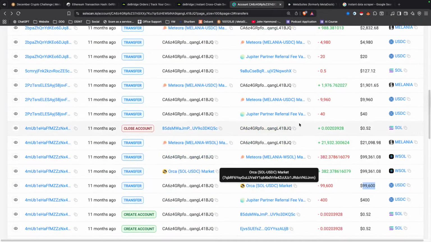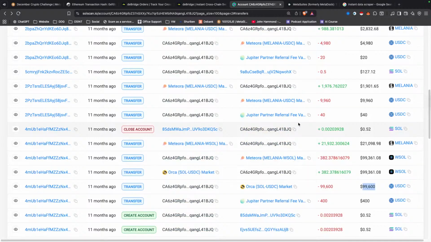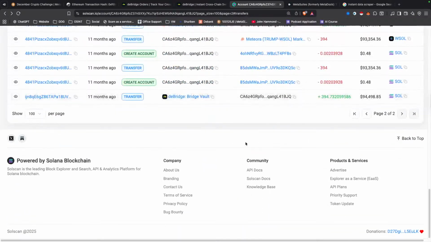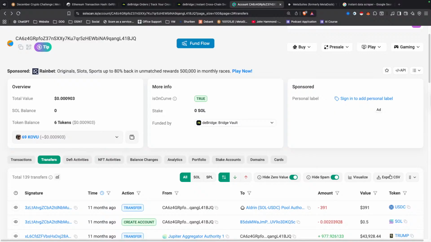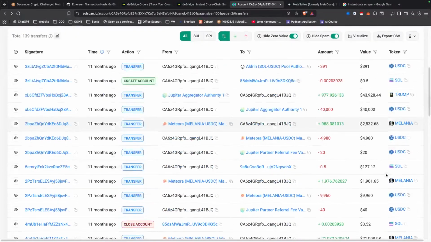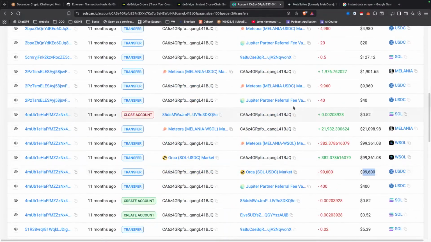Really cool tool. It will copy the links, the addresses, the transaction hashes, the token amounts, the token type, things like that. So that's a good way of grabbing the data. But often you'll find that there's an export CSV option, just there, look. So it depends. There's a few different ways of doing that.